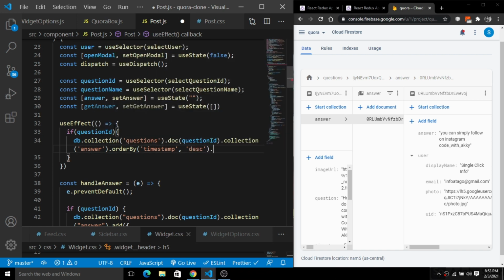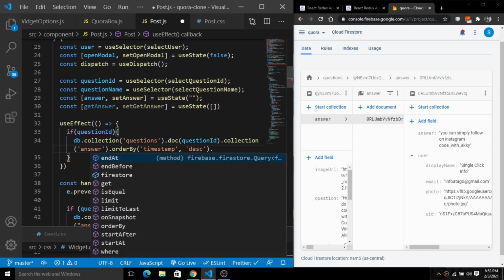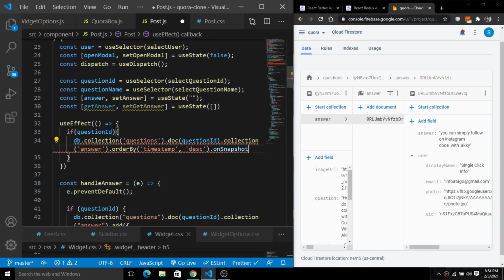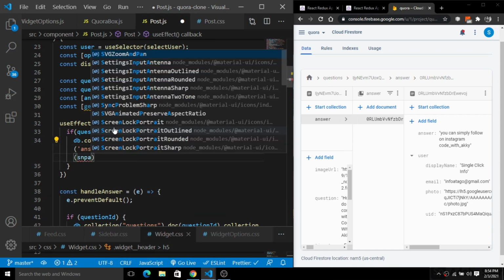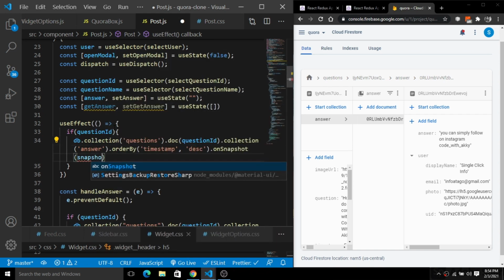Now next we will simply use the onSnapshot functionality. So onSnapshot, simply create an object of snapshot, and create an arrow function here.